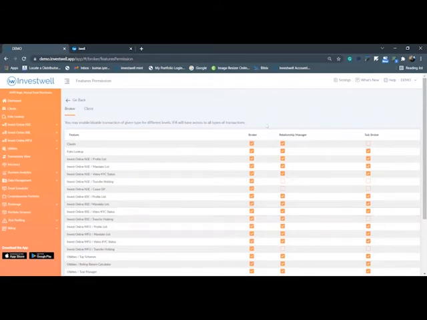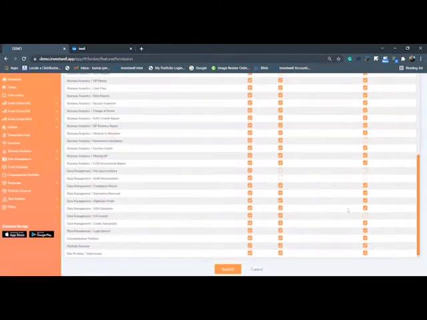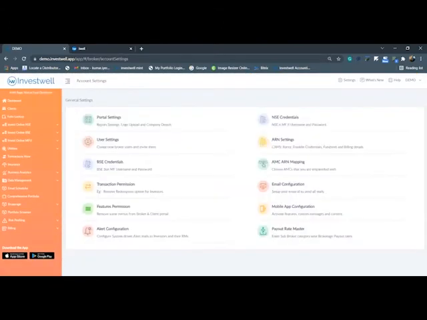Under Settings, there is an option called Feature Permission. Here you can control the RM and sub-broker menus as well. Whichever menus you are willing to enable or disable, you can define here accordingly. Automatically, only that specific menu will be allowed to all the RMs and sub-brokers; they can't see all the features. So this way you can create a sub-broker, assign a different client base to the specific sub-broker, and manage the RMs and sub-brokers.